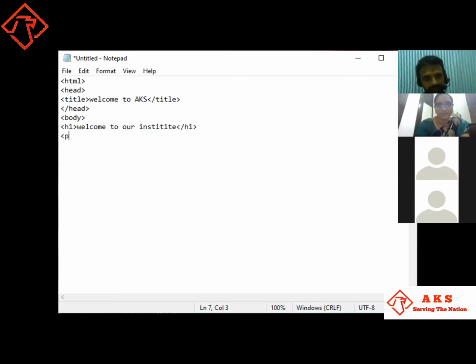If we use a paragraph, here we can write some sentences. Okay. Next we will close this with /HTML. This is a simple HTML.